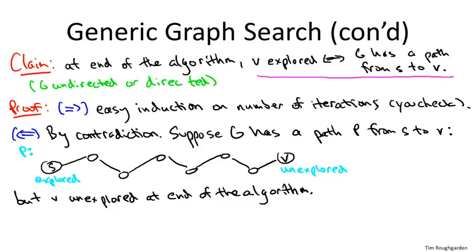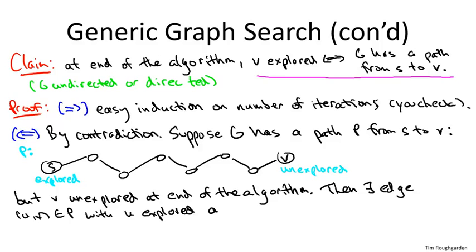So at some point, there's some hop along this path P from which we move from an explored vertex to an unexplored vertex. There has to be a switch at some point, because at the end of the path, we're at an unexplored node. So consider the first edge, and there must be one, where we switch from being at an explored node to being at an unexplored node. I'm going to call the endpoints of this purported edge U and W, where U is the explored one and W is the unexplored one. Now, for all we know, U could be exactly the same as S. That's a possibility. Or for all we know, W could be the same as V. That's also a possibility. In the picture, I'll draw it as if this edge UW was somewhere in the middle of this path. But again, it may be at one of the ends.